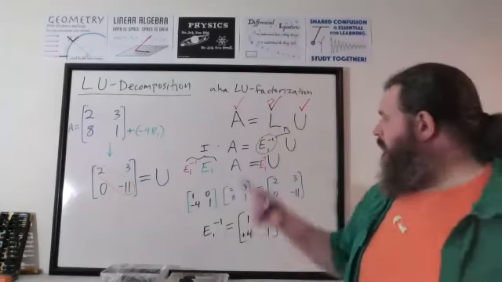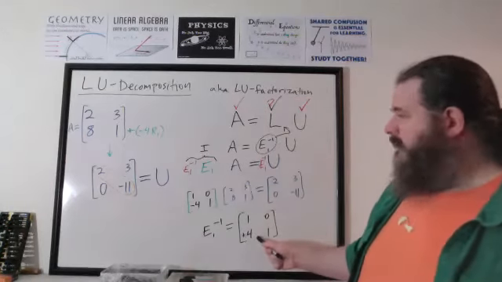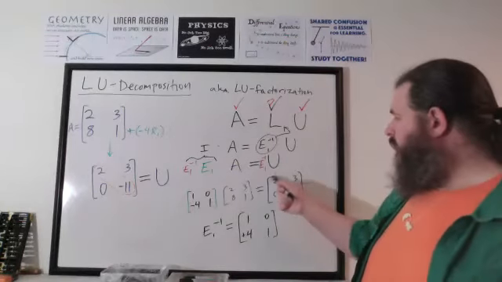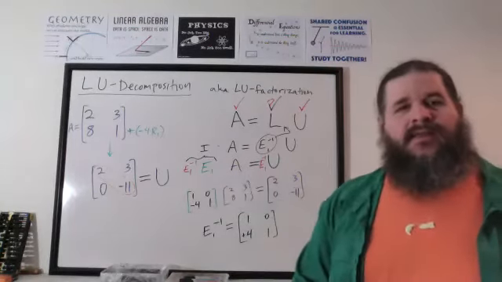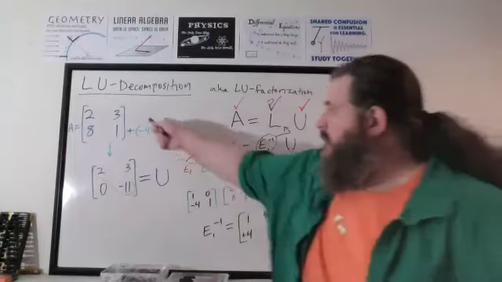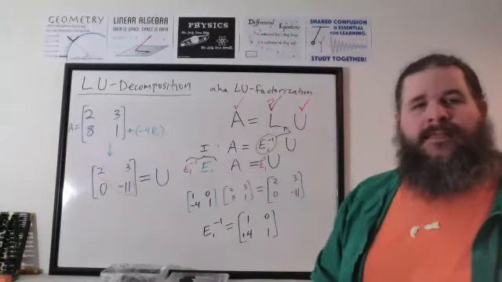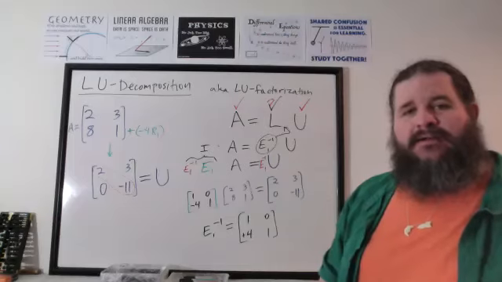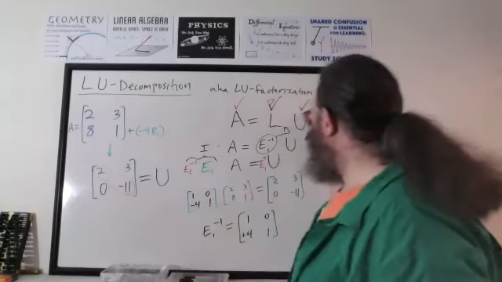So we now have a lower triangular matrix, 1, 0, 4, 1, and an upper triangular matrix, 2, 3, 0, -11, that should multiply out to the original matrix A, 2, 3, 8, 1. So that's our LU decomposition here. And we would write the final result